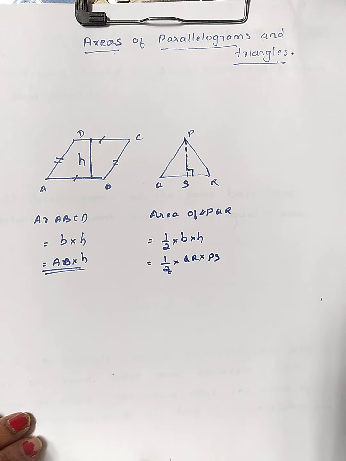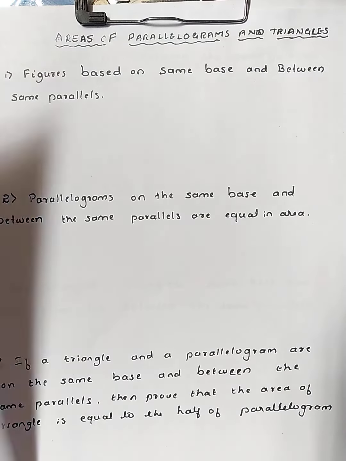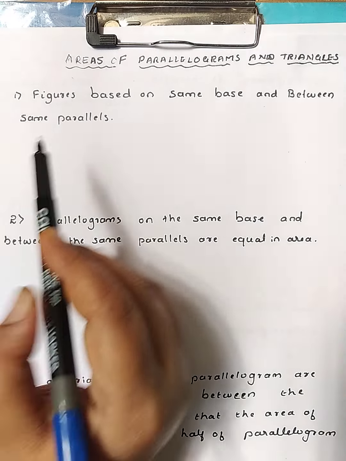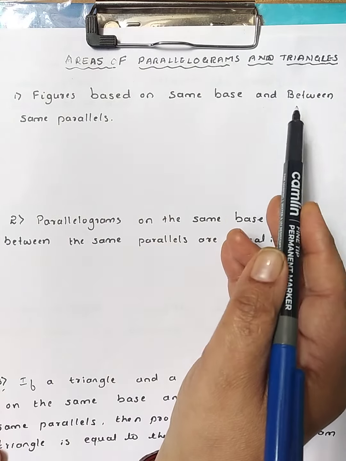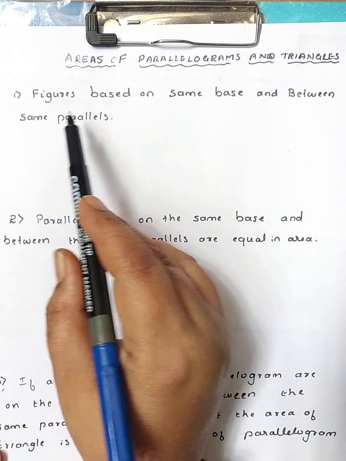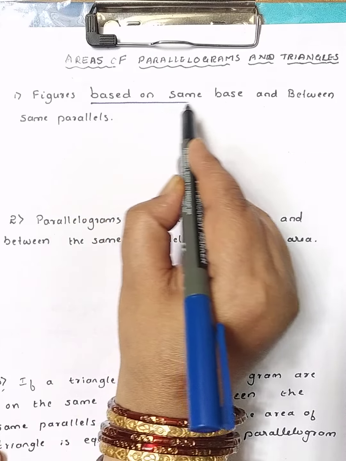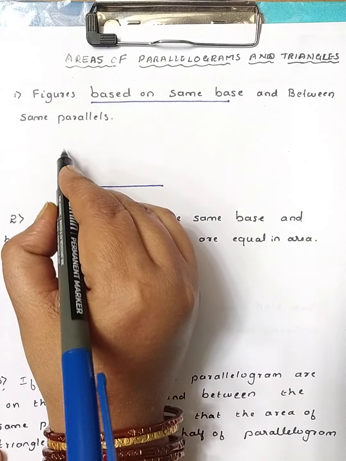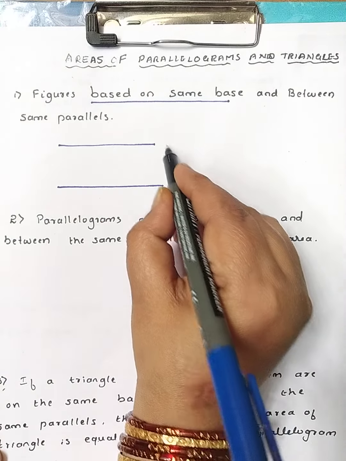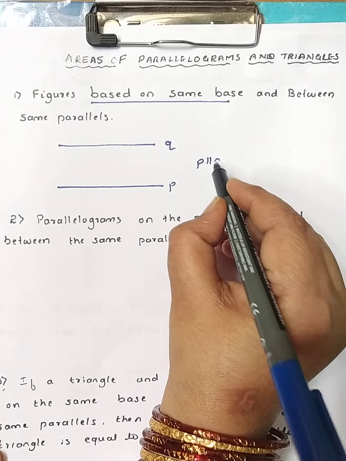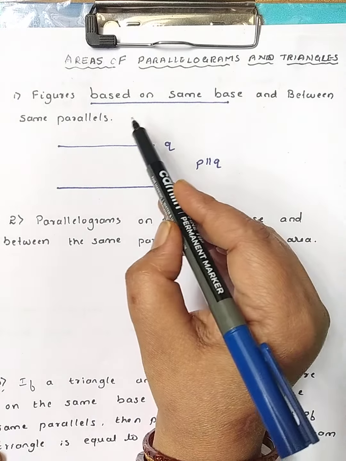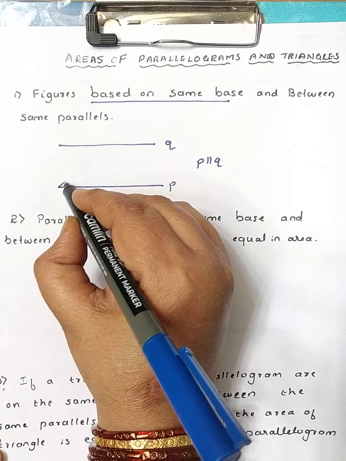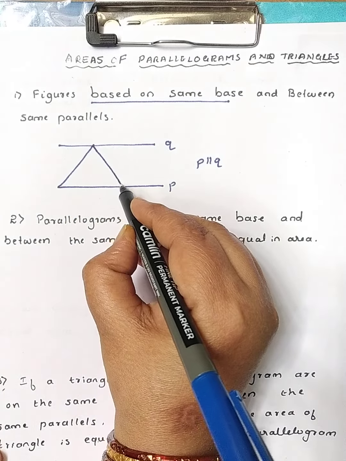Then we will come to some concepts, some theorems. Based on this we will solve the problems. So the first one is figures on the same base and between the same parallels. So what is the meaning of that? Figures on the same base and between the same parallels. Let us suppose we draw two lines, P and Q. Here P is parallel to Q, and again they say figures on the same base and between the same parallels. Suppose we draw a triangle here,